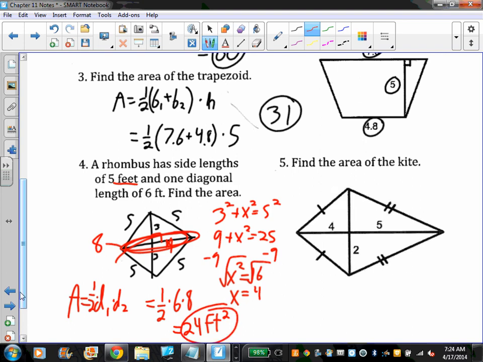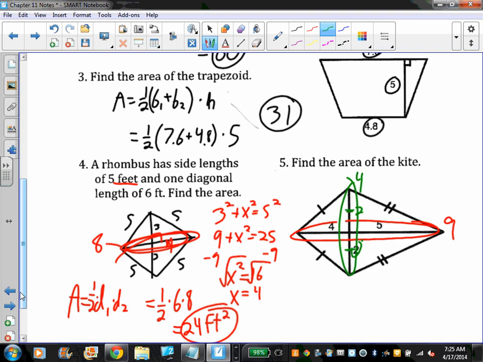Lastly, find the area of this kite. So in a kite, remember, one of the diagonals is not going to be split evenly. You can see that already given to us here. We know that the entire length of this diagonal is 9. But one thing that is also true is that one of the diagonals is split down the middle. So if we know that this side is 2, this side will also be 2, giving the total length of this diagonal as 4. And now we just use the same area formula that we did for a rhombus,